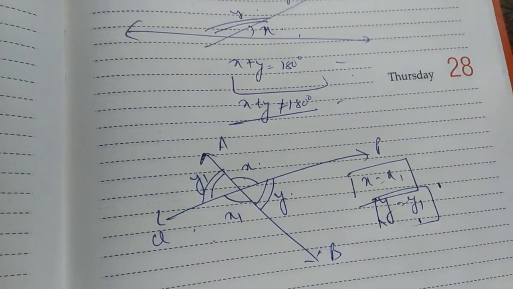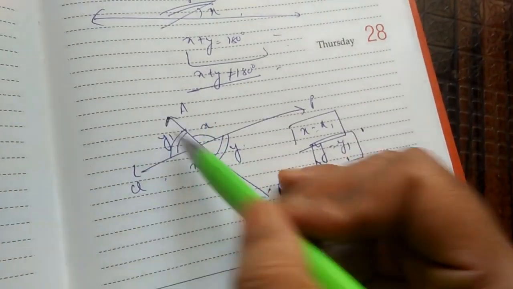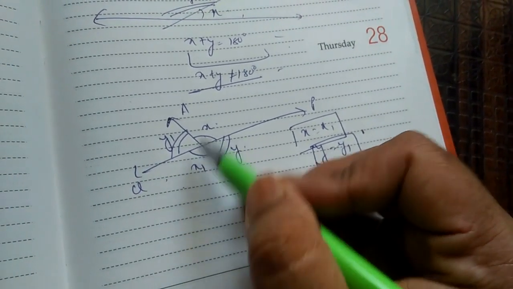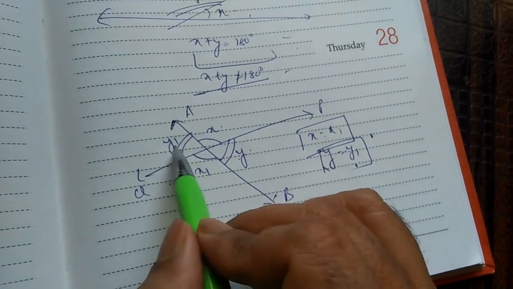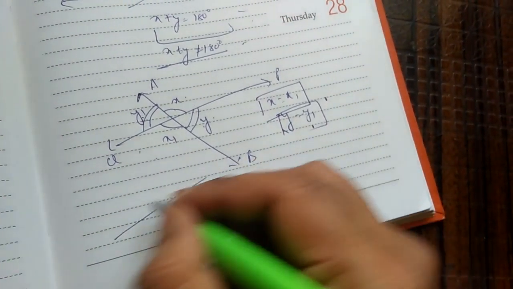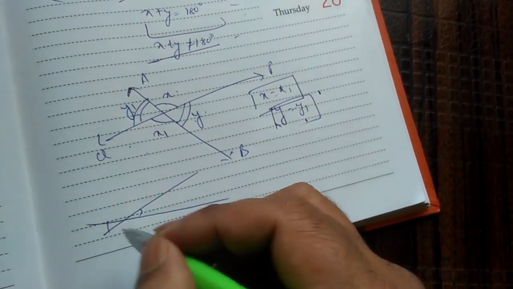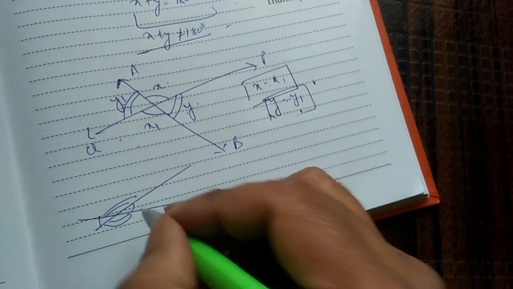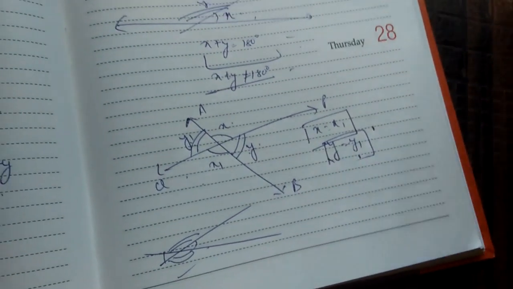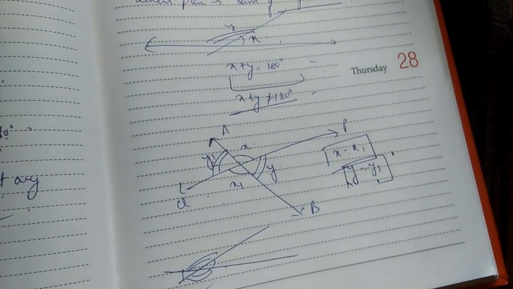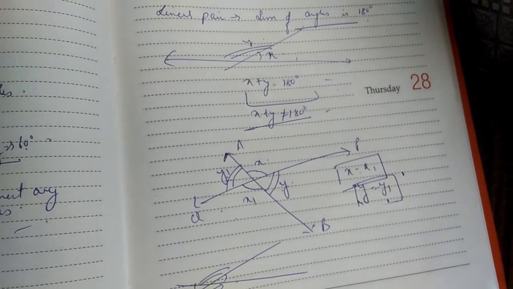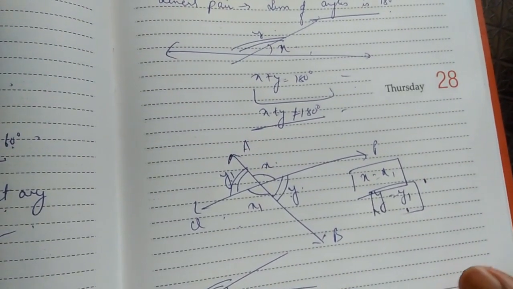Okay, when two lines cut each other, at the point at which they cut, they subtend four angles. Opposite angles are equal. All right. So in every figure, these two angles will be equal, these two angles will be equal. So you can create as many figures as you want to in this. All of them will be same. So let's see if there are any questions on the basis of this.